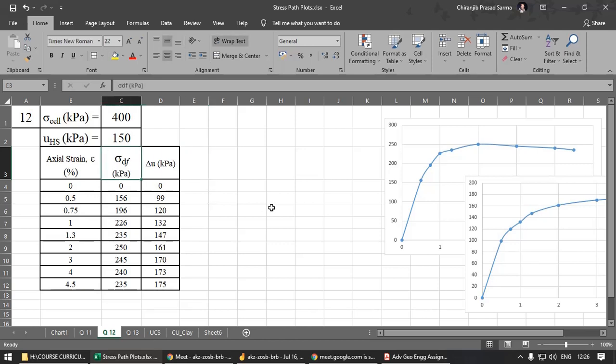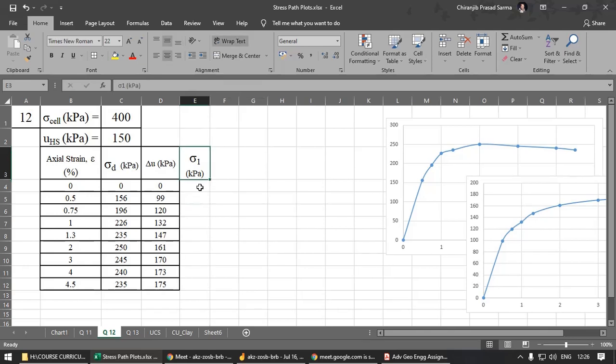So let us copy this one here. So this is sigma 3 first of all. Sigma 3 is obviously equal to this one, so we need not do that. Now sigma 1. This is not failure, okay? This is sigma d increasing. Sorry, I just copied it so it remained there. So what is sigma 1? Sigma 1 is equal to